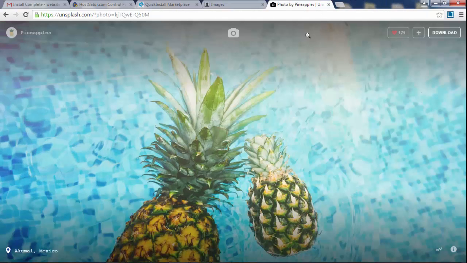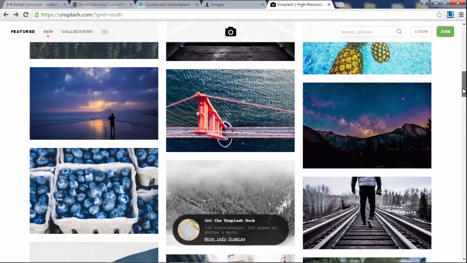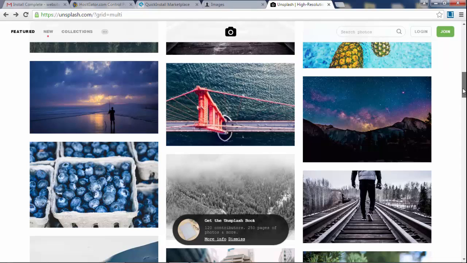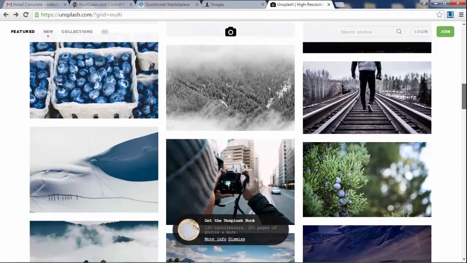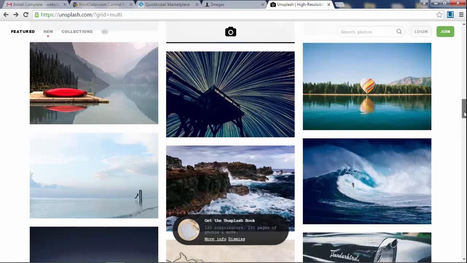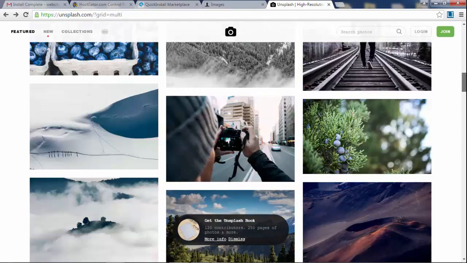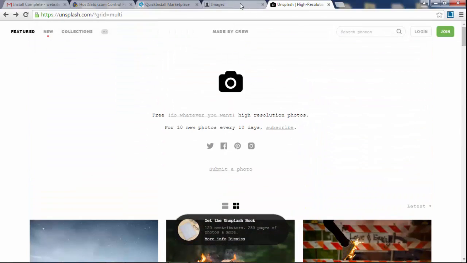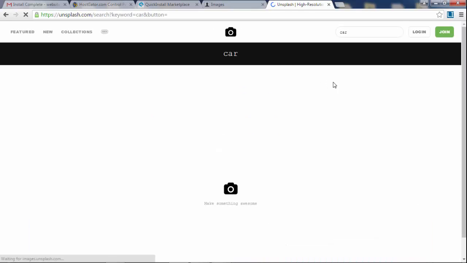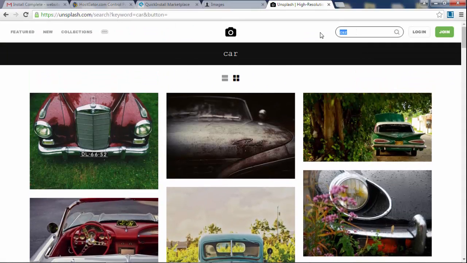Now, I've gone through this website and I've saved a bunch of images for myself that I'm going to be using in my examples for my blogs and the portfolio. So yeah, just go through this if you like. If you need free images, this is where you can get them. If you want professional images, like you can search for an image here, like let's say car, and it will find you some cars. But let's say you want to look for like dentist,